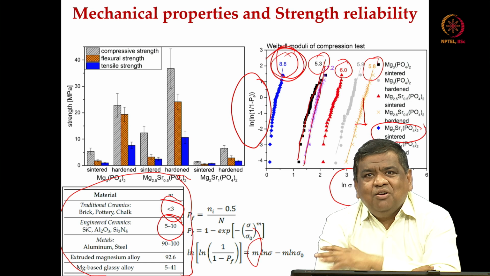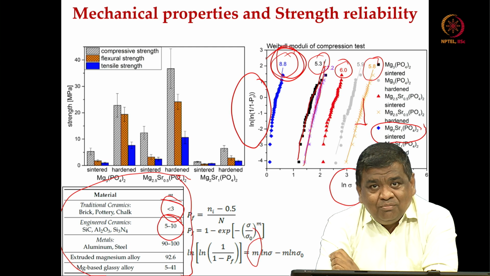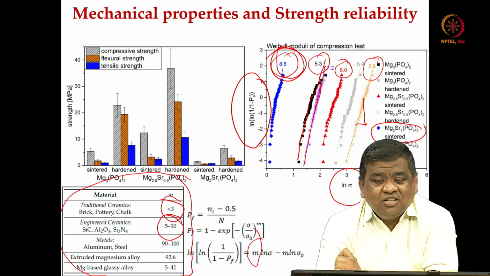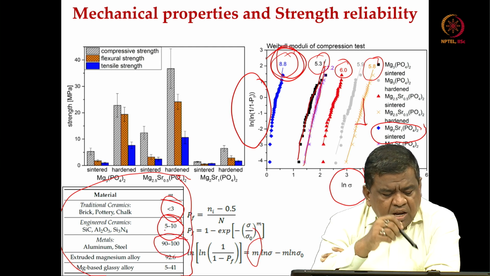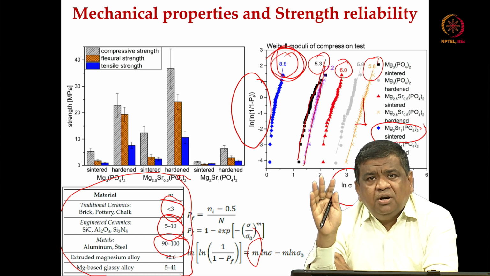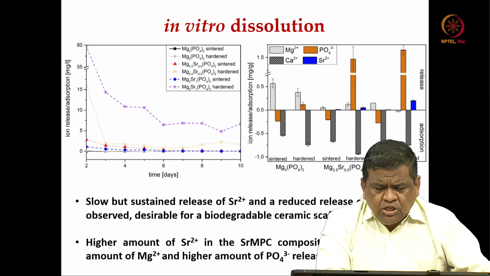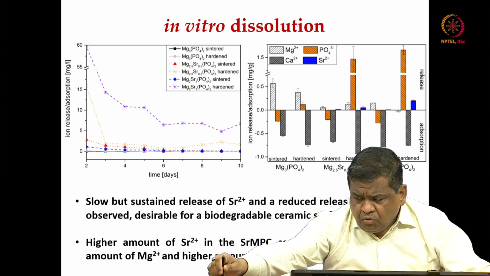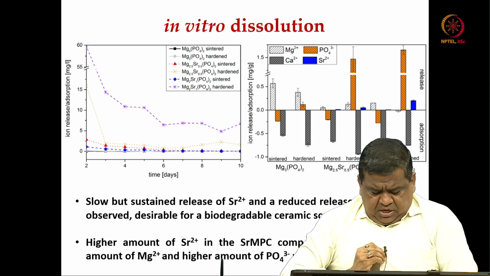And remember, this particular ceramic has a lot of porosity, right. So, even with this kind of highly porous bioceramic or 3D printed ceramic structure, you are getting a Weibull modulus of 8.8, that is quite a remarkable number. That is what I am trying to emphasize here. Some of the metals like aluminum and steel can go up to 90 to 100. So, the Weibull modulus for ceramic or brittle materials is almost 1 order of magnitude lower than that of metallic materials.